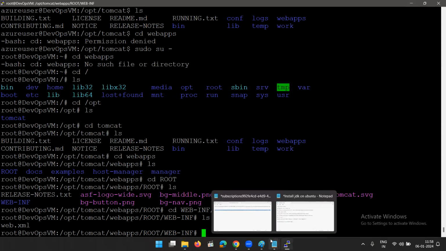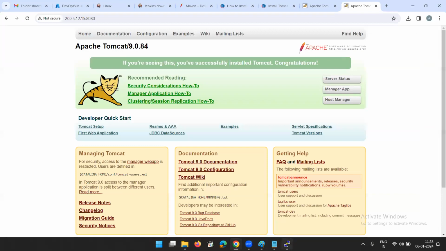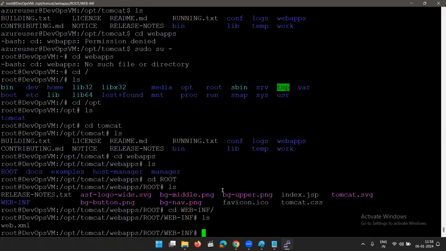So you have to copy that war file inside the webapps. What you can do, you can